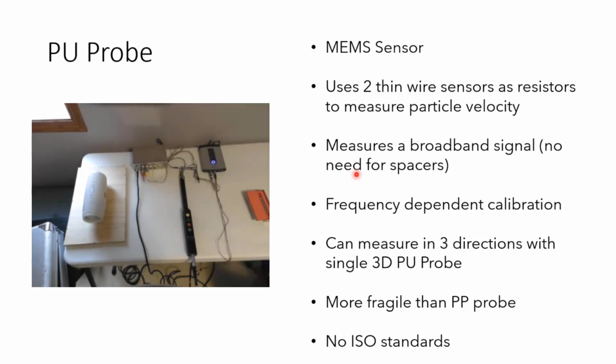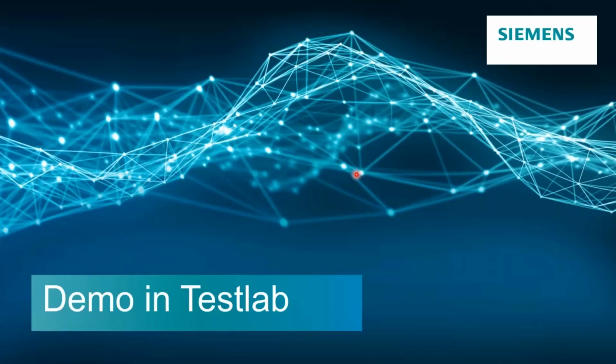As I mentioned when I was taking it out, and why it's been sitting in this nice little red box, it is more fragile than the PP probe. It's very fragile. It's got very small, thin wires. We don't want to drop it or anything like that. It can damage the sensor, and as you can imagine, because you're in engineering, all these sensors are very expensive. Okay, I did a lot of talking. Hopefully you're still with me.